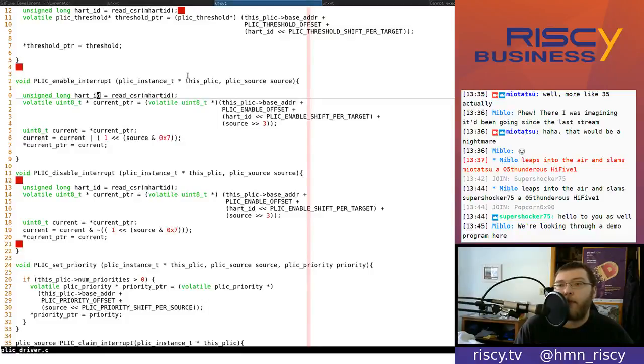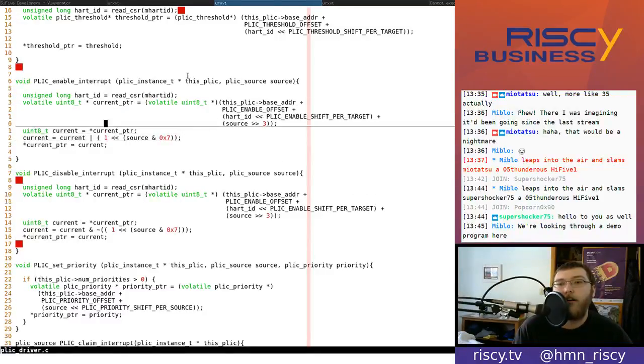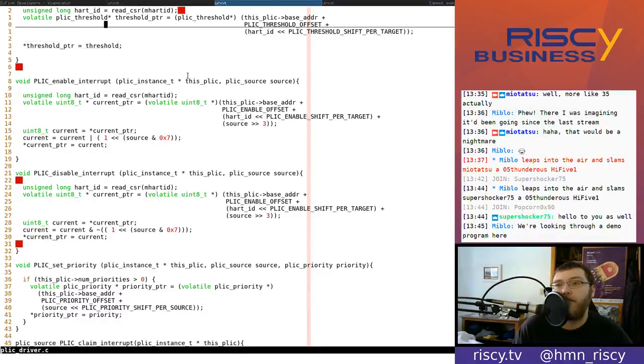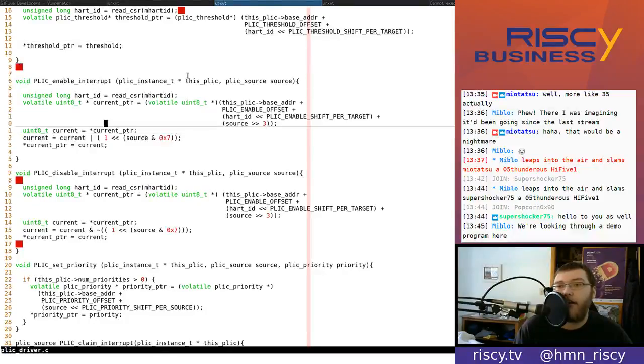And then we're doing some math on that to get out the actual information we want, such as an address of a pointer to, for example, we set a threshold here, and then this one is getting a pointer